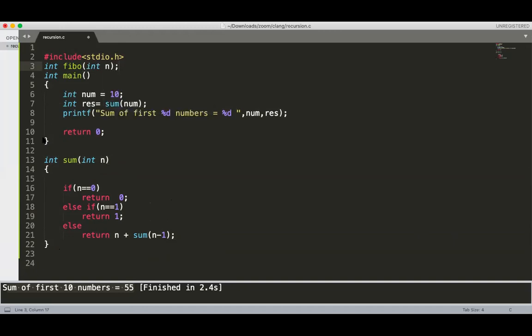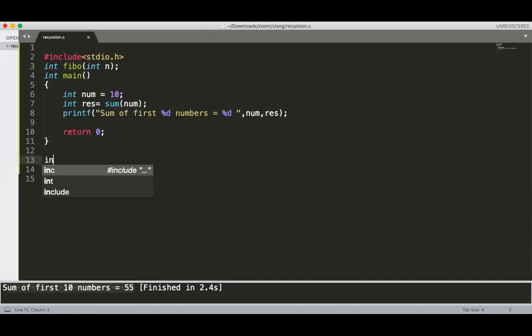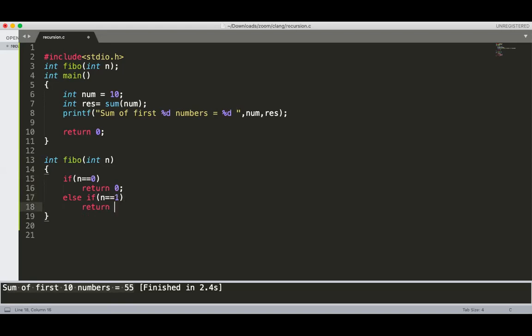Integer Fibo of integer n. You just tell me the implementation. If n equal to 0, then return 0. Else if n equal to 1, return 1. Else return Fibo of n minus 1 plus Fibo of n minus 2.